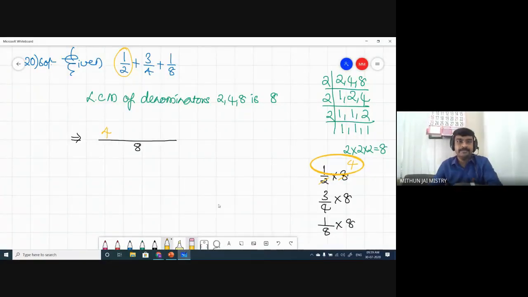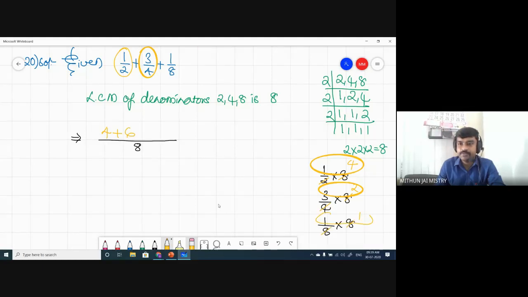Now back here, children. The next one is 4 1s are 4, 4 2s are 8. Now what is 3 2s? 3 2s, it is 6. So the second term we will be writing here, 6. Now coming to the last one, 8 8s are 8, so we are left with 1 1s. 1 1s is 1. So finally we will write here 1.